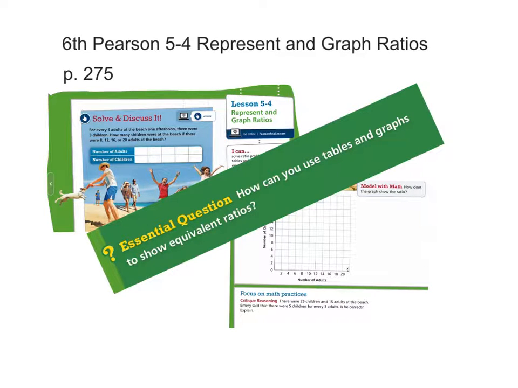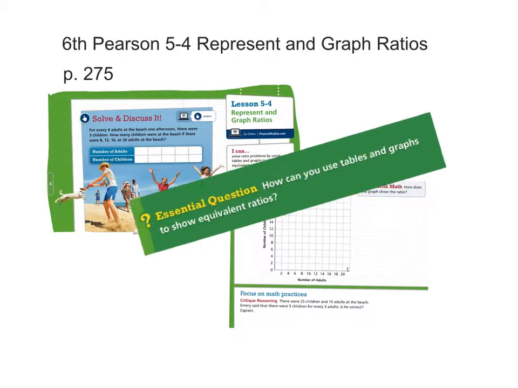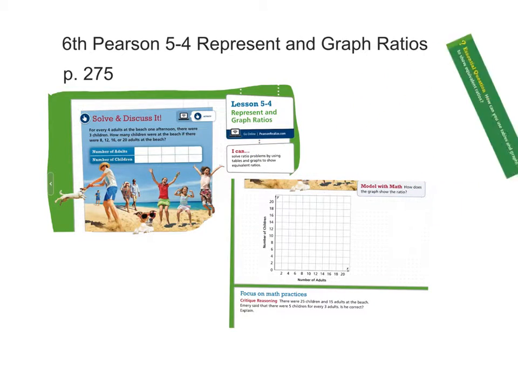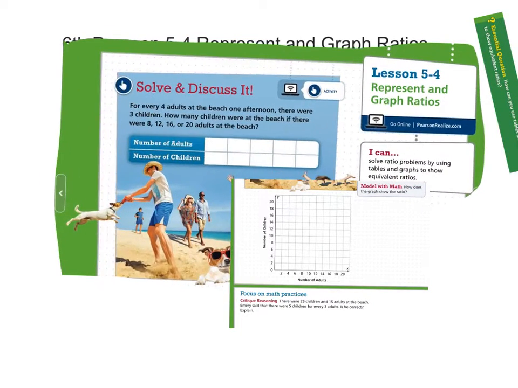Lesson 5.4 is on representing and graphing ratios. So how can you use tables and graphs to show equivalent ratios? We'll look at this on page 275. It